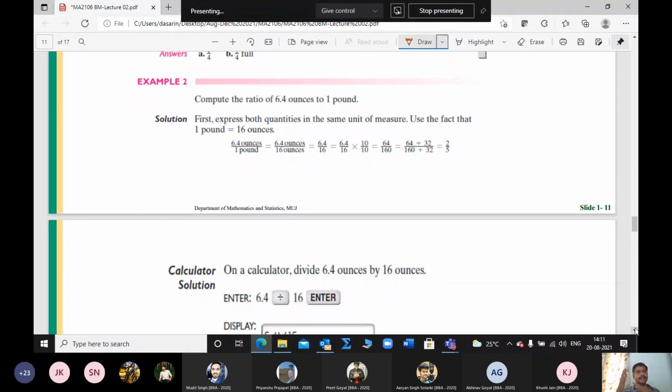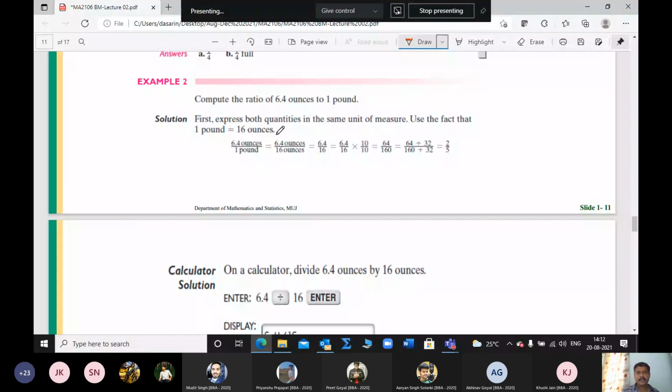Since I am talking about the ratio, we should make sure that the numerator measurement and the denominator measurement are both the same. Same unit should be there, as one of our friends said. That is a rule. So I need to make either ounce to the pounds or pounds to the ounce. One thing we can remember: 1 pound is always equal to 16 ounce.